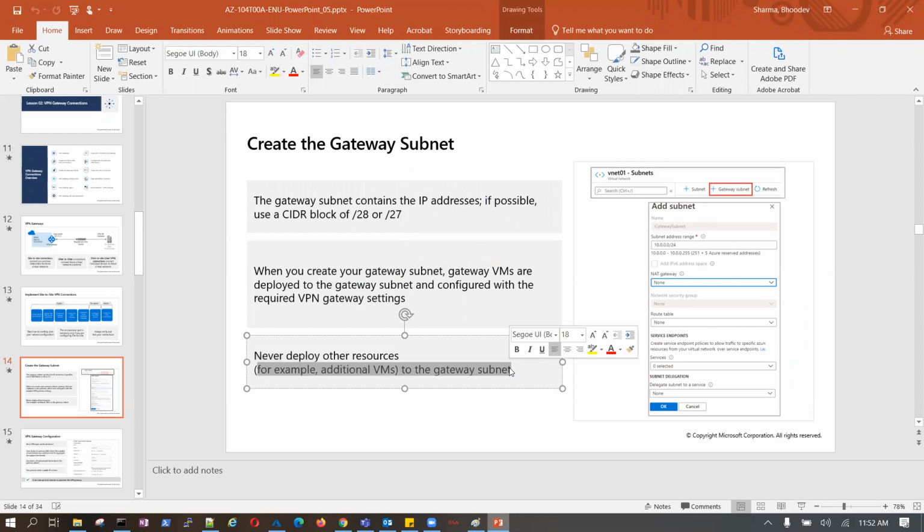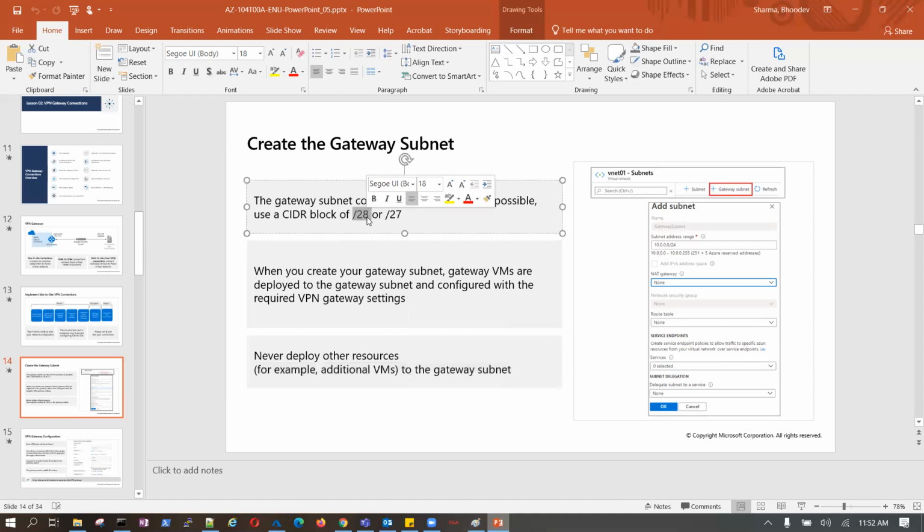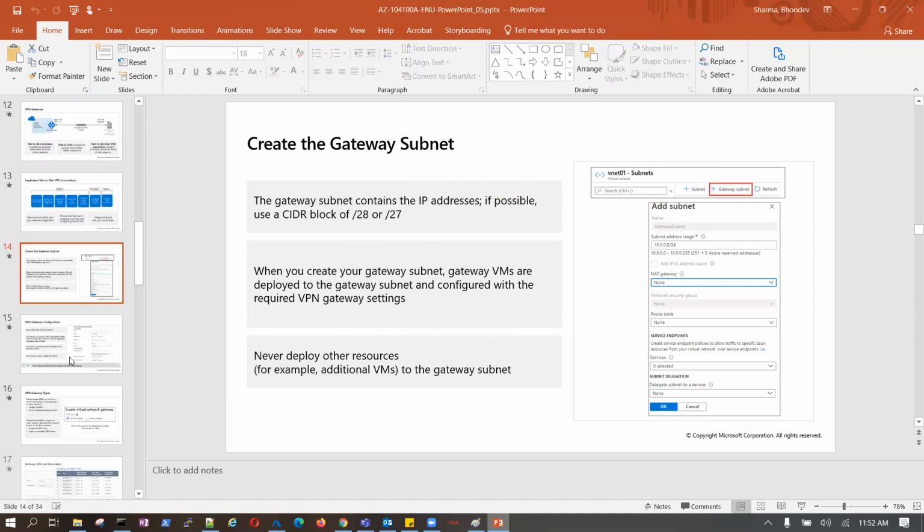That's why the recommendation for the gateway subnet is 28, or if you need 27, otherwise 28 is very good. And 27 will also not do any big magic. So it remains the same. So with 28 or 27, you should not consume any more IPs.